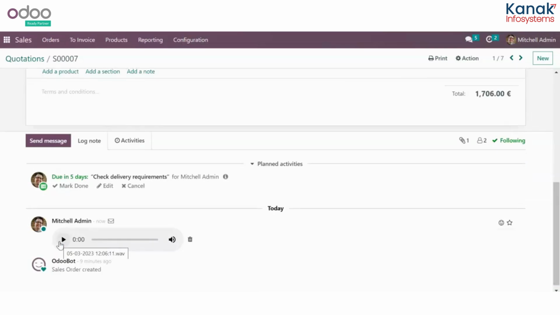So it is now so easy to record urgent and quick voice notes and voice recordings and keep them in the chatter. You can then download it, delete it, edit it as per your requirement. This would allow a very smooth and barrier-free conversation within your organization, and you can buy the app from the